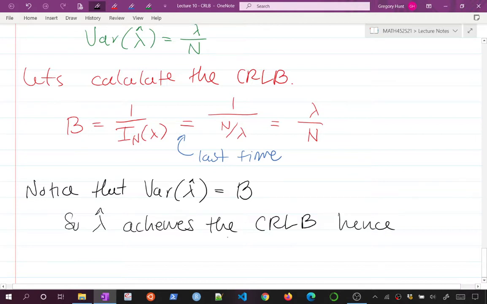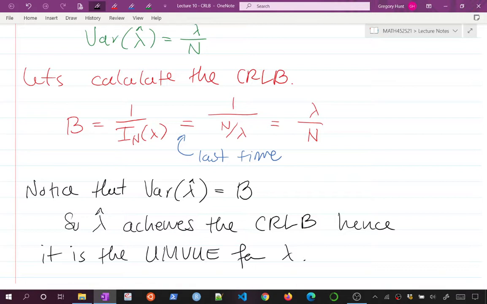Hence, it is the best estimator, UMVUE for lambda, period. Done. The best way, if you want to work only with unbiased estimators, the best way to estimate lambda